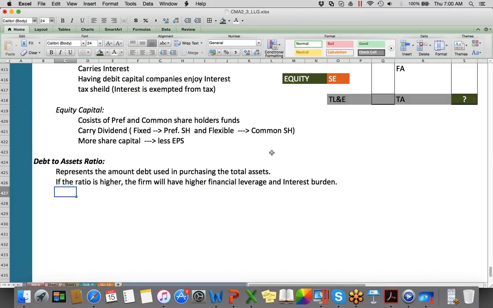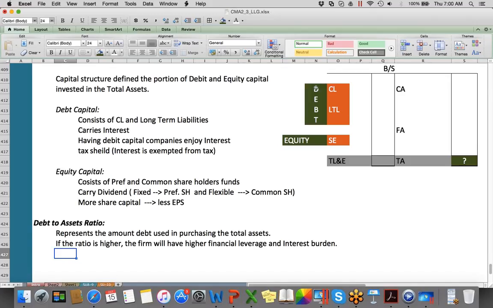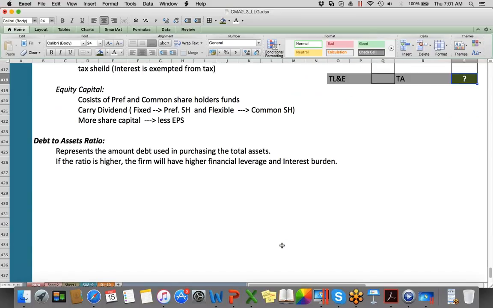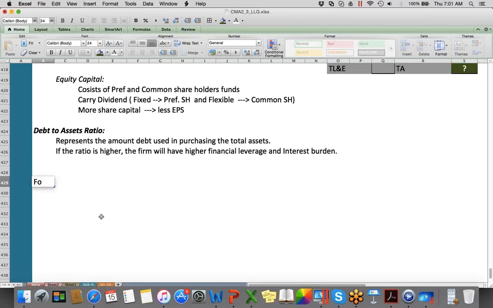So the ratio will be higher when the maximum portion of assets is contributed by debt capital rather than equity capital. When debt capital is used more to purchase assets, you will have an interest burden, and this is also called financial leverage, meaning you will have to sign lots of terms and conditions with the financial institutions when you borrow money. The debt to total asset ratio is calculated with the formula